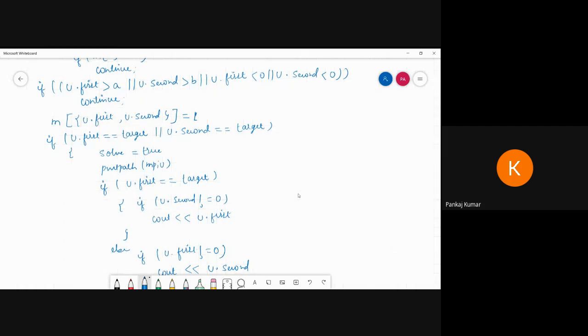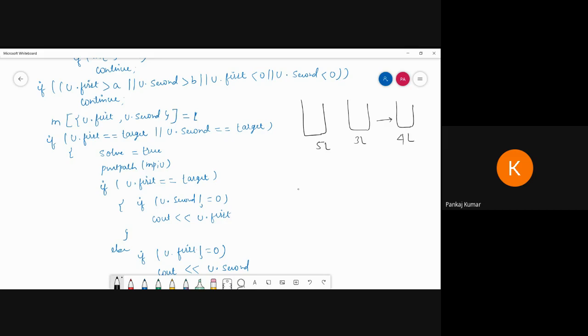Okay, suppose like this one. Suppose we have data where this one is the 5 liter, this one is the 3 liter, and we have to bring 4 liter.